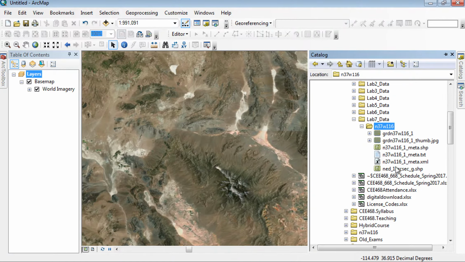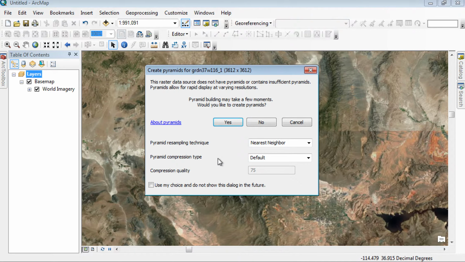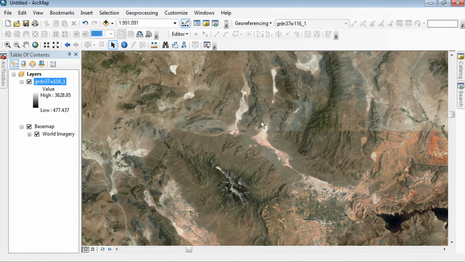Now if you go to catalog, you should be able to find your folder in which you downloaded and unzipped. And inside that you should see a file which basically says grid at north 37 degrees and west 116 degrees. So that's the grid that I downloaded, and you may have downloaded a different grid. In either case, just drag it and open it in your ArcMap and go ahead and create pyramids. I'm not going to do that because it may take a moment, but you should create pyramids for your image,